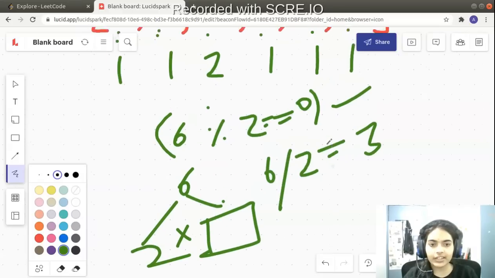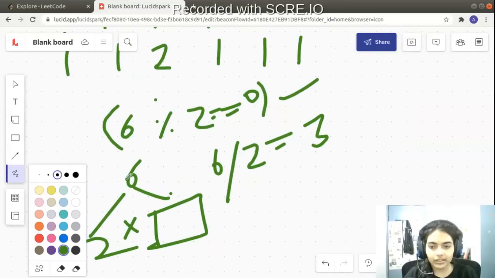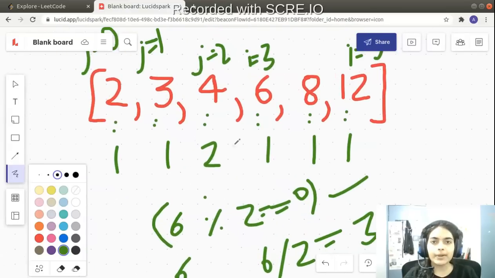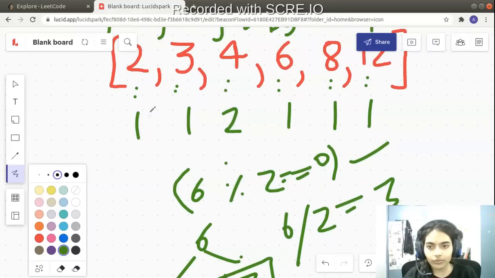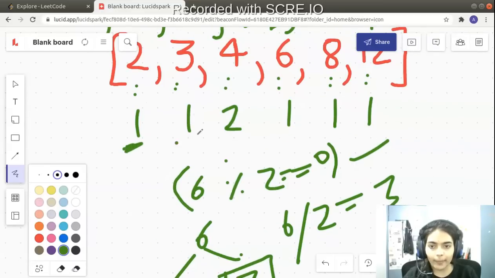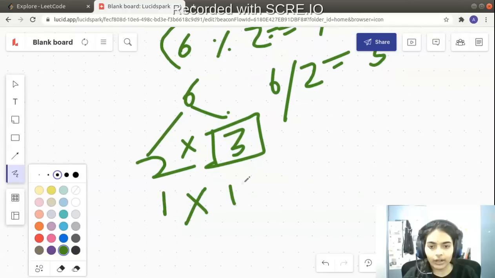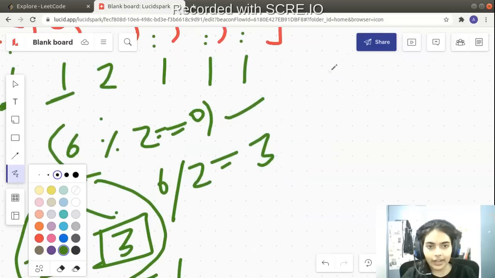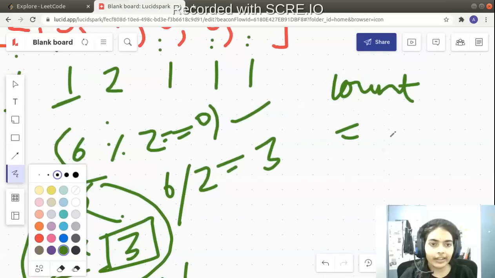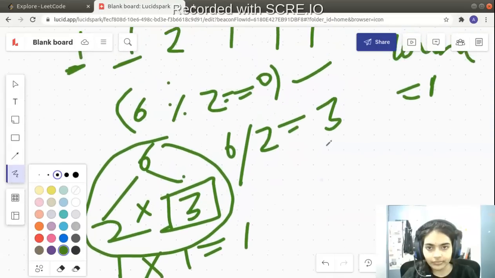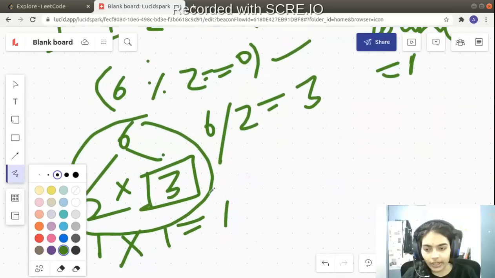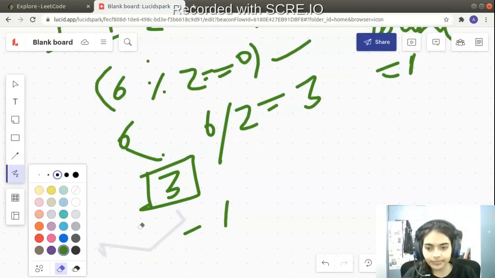Now we will check if 3 is present in the map or not, because if 3 is not present, this thing is useless. So now in our case 3 is present in the map. So since 3 is present in the map, we take the number of ways of forming 2, that is 1, and the number of ways of forming 3, that is also 1. So that is 1 into 1. So we get one new way of forming 6. So let me declare a variable count and write here: count is the number of new ways we are getting when we are doing the iteration. So we found one new way, and let us go forward now.